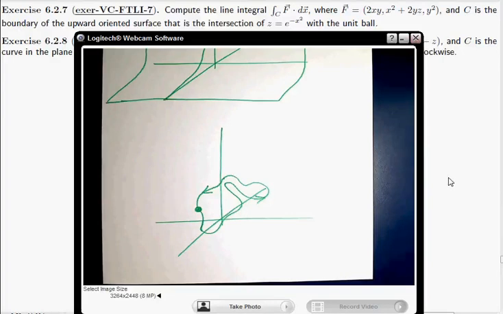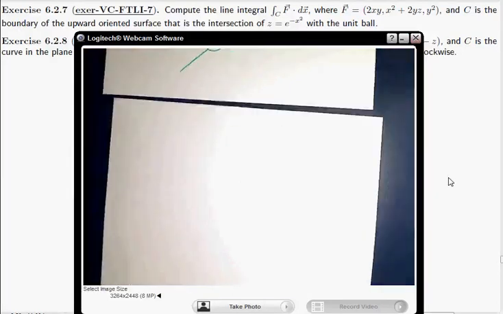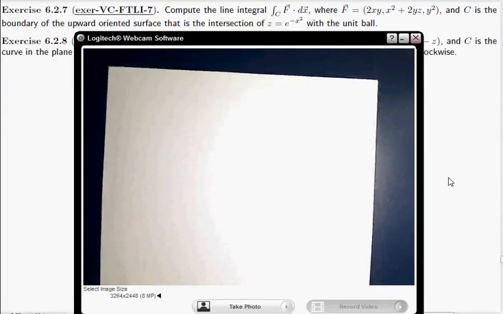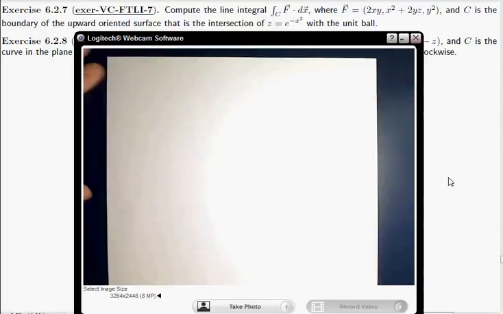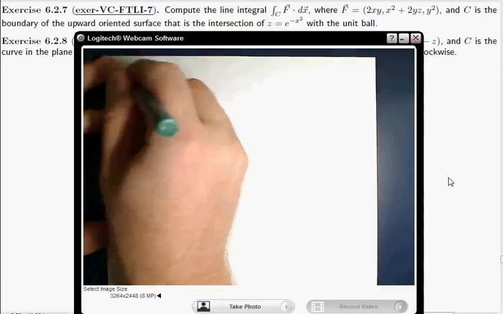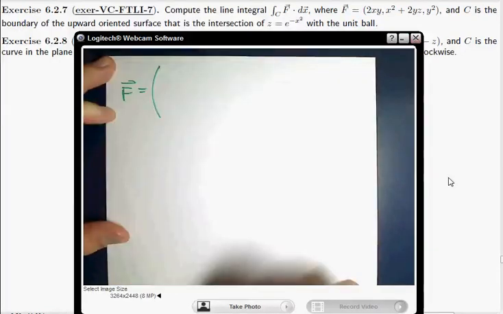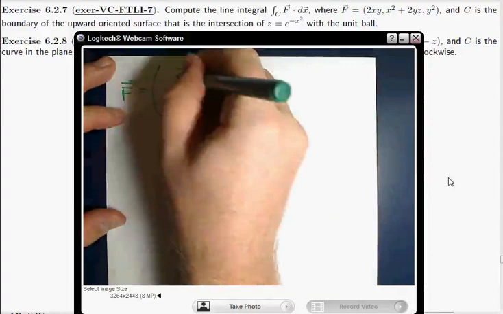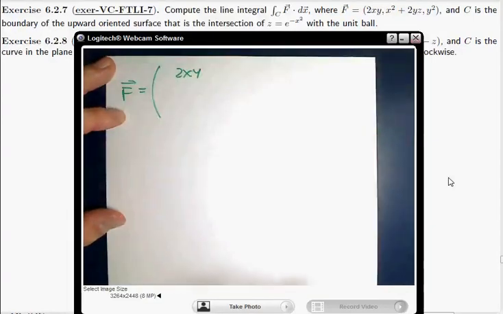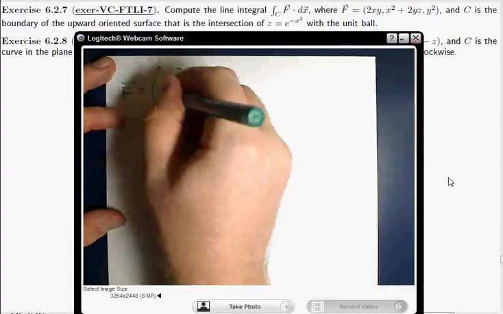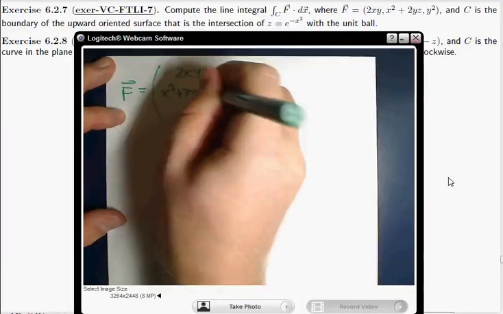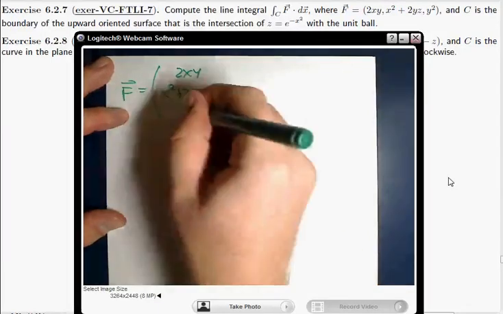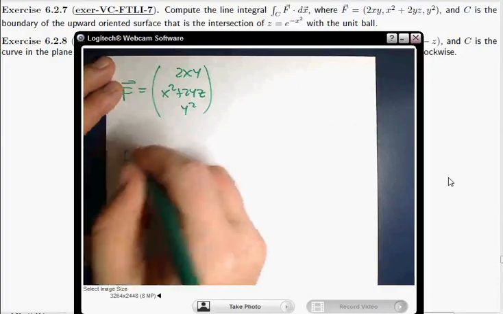Okay, so now we're doing a line integral of a vector field. Okay, let's look at our vector field. What is that? I'm keeping my fingers crossed. I almost feel like it has to be a gradient of something. And let's hope that that works out. Let's see, 2xy, x squared plus 2yz, and y squared. Okay, so that means that my function, whatever it is,